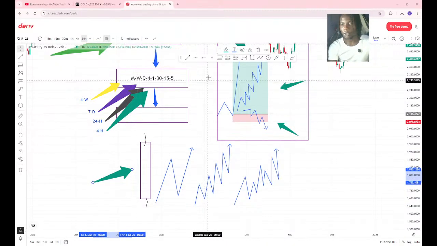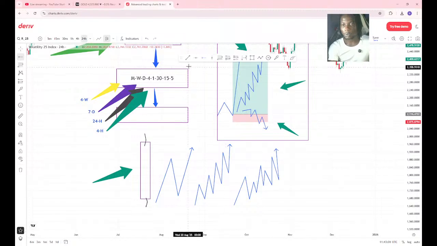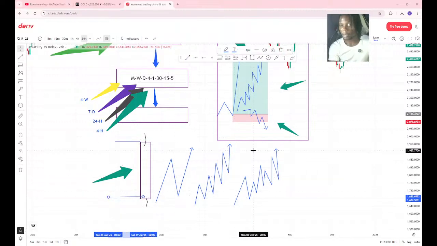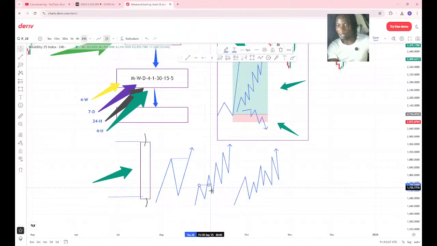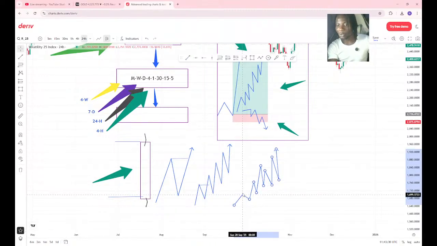This is the daily candle, which we say you mark up and open. You mark the up and open, which will give you this trend. Now your 4 hours is like this. This is what we mark as uptrend, the 4 hours. Your 1 hour, which is controlling the 4 hours, is not like this, telling us we are about to go to the upside now. Then your 30 minutes will be very little compared to this.